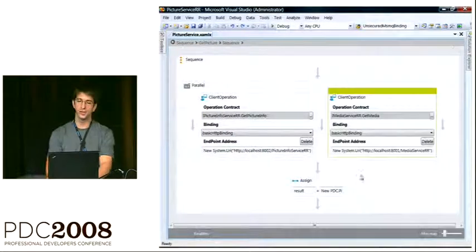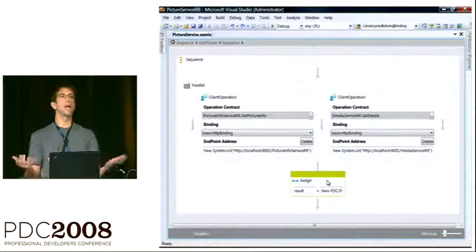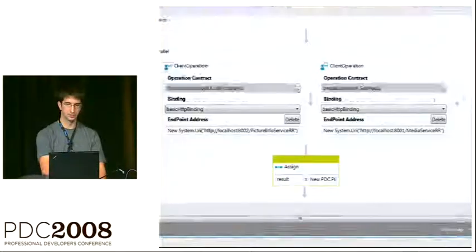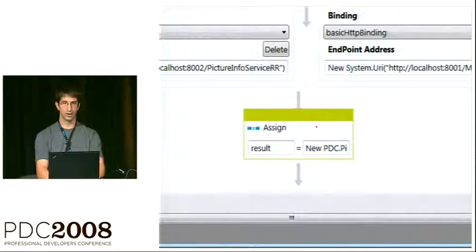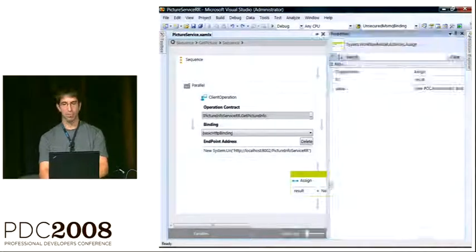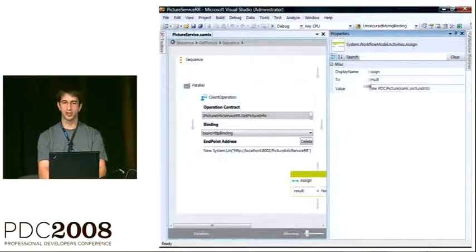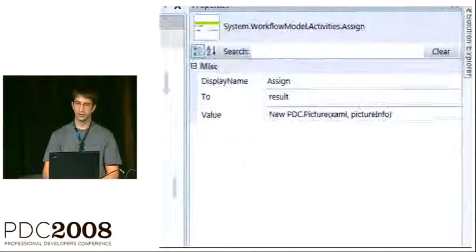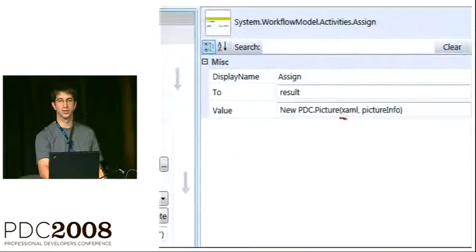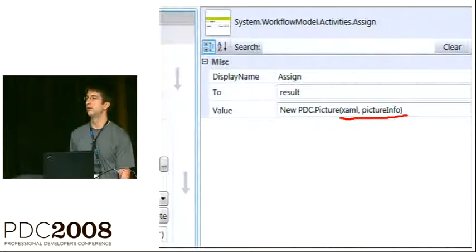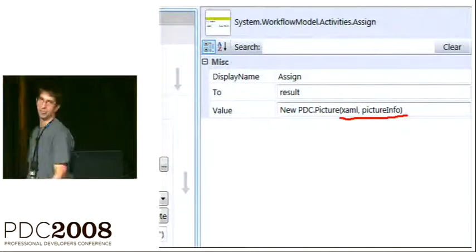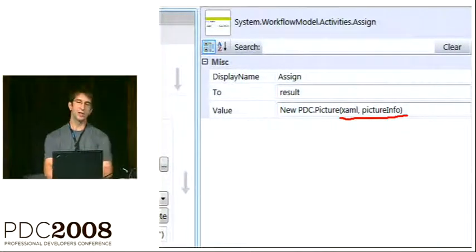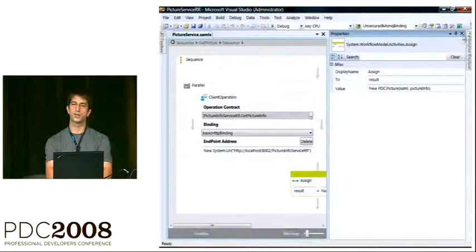After the parallel completes, I'm just using an assign activity to coalesce these two results. If we look at the expression in the assign here, you'll see that I'm just creating a new picture using the variables that I've stored the results of those client operations in. So the client operations are the real workhorses here.